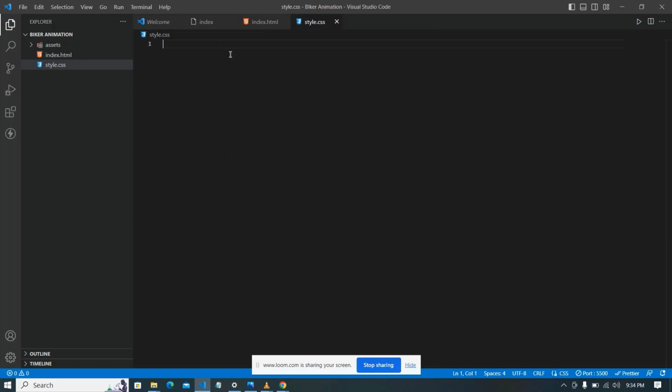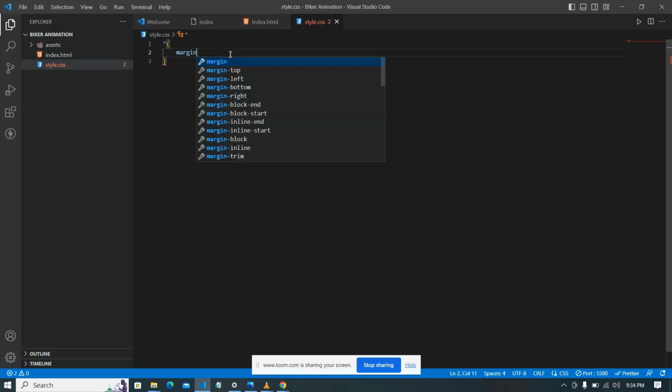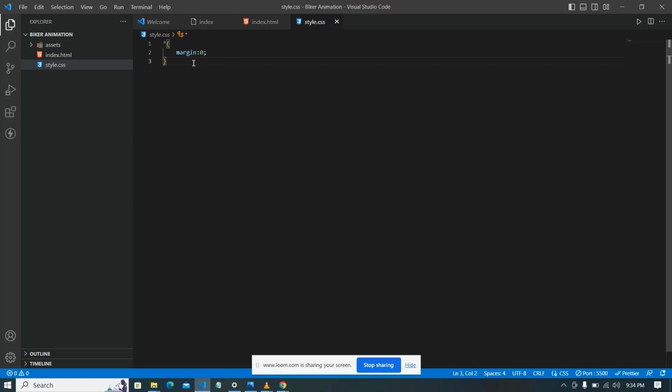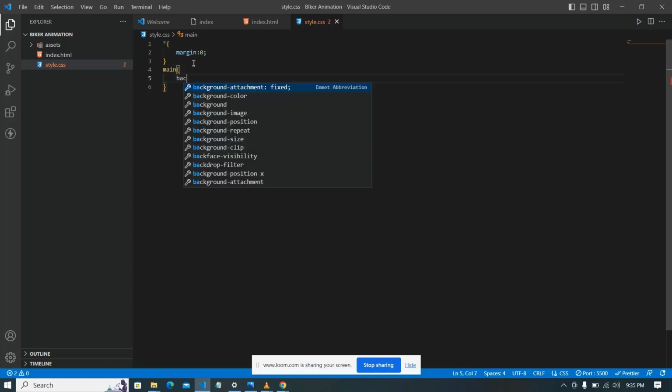The first thing we need to do is to add our CSS reset code. Let's remove the default margin that we have on our document. We're going to set this to 0. Then the next thing we need to do is set the background image. That fine streak you are seeing is an image, so we are just going to add that using the background-image